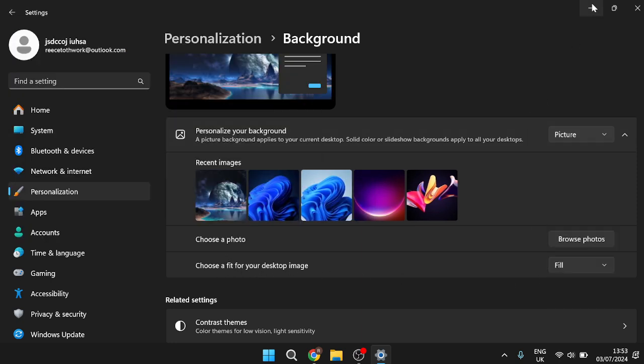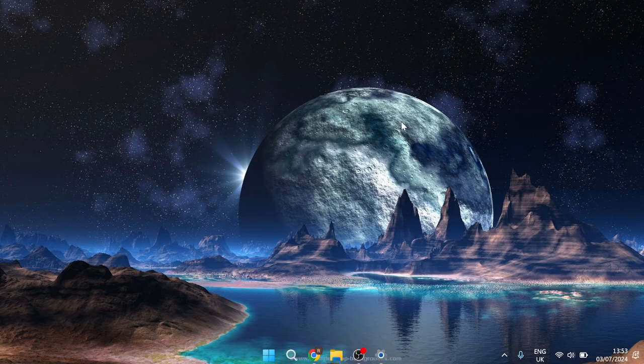Then if we come back over to our desktop, you can see that just by adding that image, it's enhanced our desktop massively. Now, the next option you have is changing your wallpaper to an animated wallpaper, which is actually really popular and does give your computer a really cool and unique look. The only downside to this is that if you have a low performance or budget computer, then it could affect the performance. But if you have a modern PC or a high spec PC, then this shouldn't affect the performance